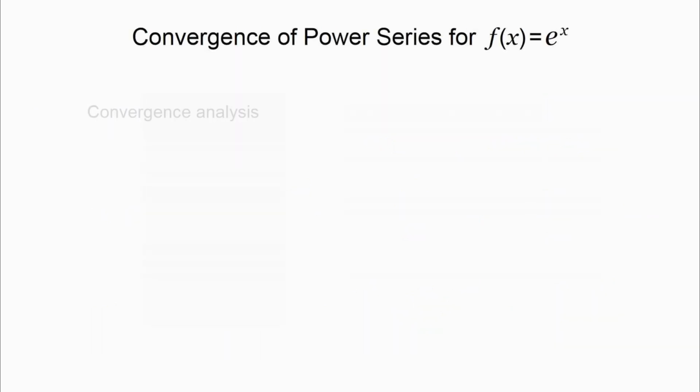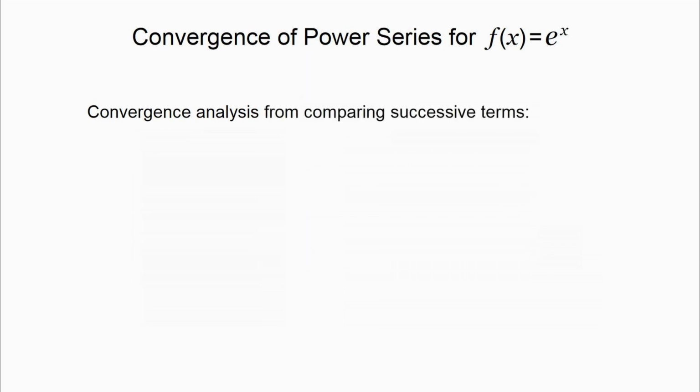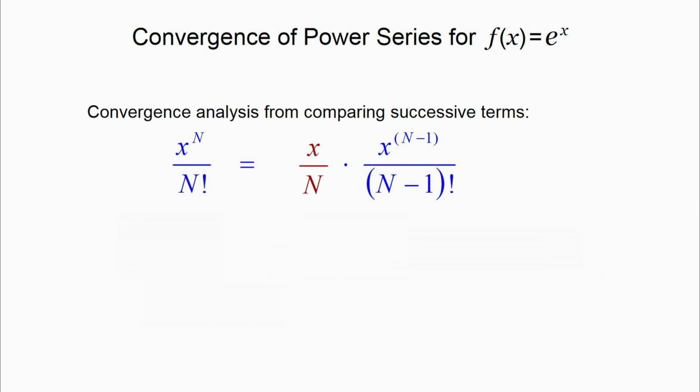For an infinitely long power series to possess a distinct summation value, it must converge. That means that from a certain term on, the value of the successive terms has to diminish quickly enough for the sum never to exceed a certain value. To get an idea of the convergence properties of the power series for e to the x, term n is